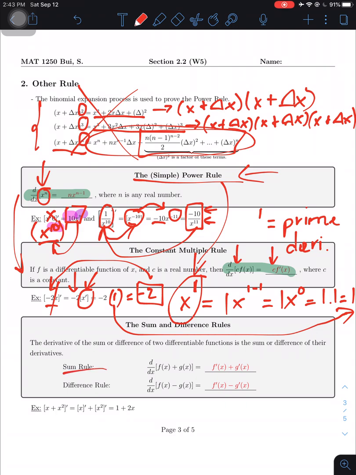Okay, so for the sum in here, it tells you that if you take the derivative of the sum, then you can take the derivative of each of the functions separately, okay? Same thing goes for the difference. If you take the derivative of a difference, then you can take the derivative of each of the terms and then subtract them, okay? For example, if I'm asking you to take the derivative of a sum